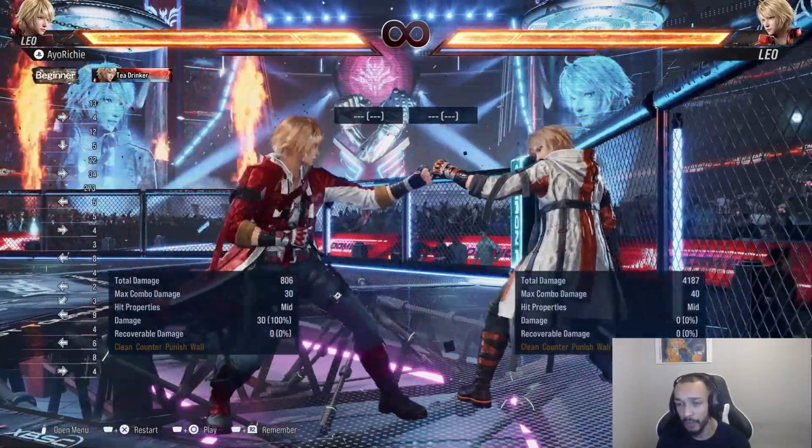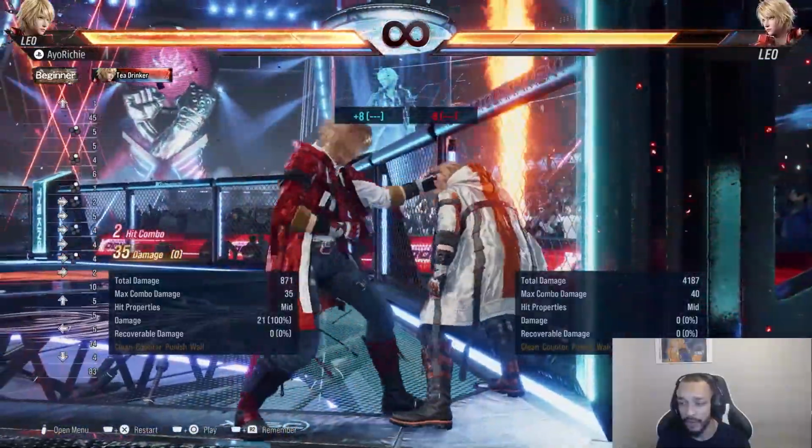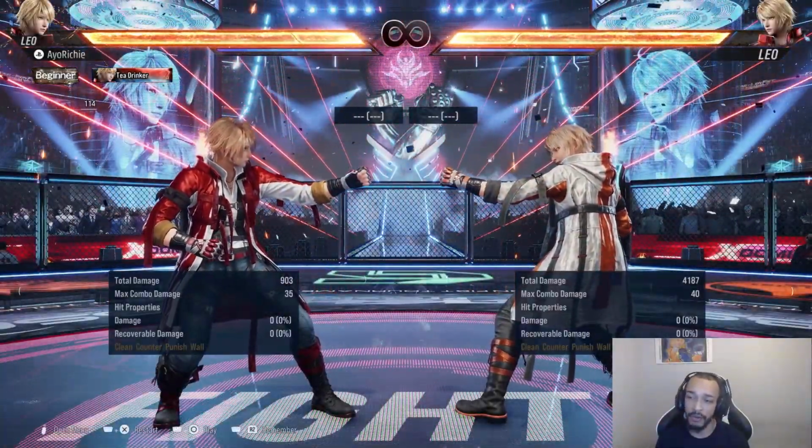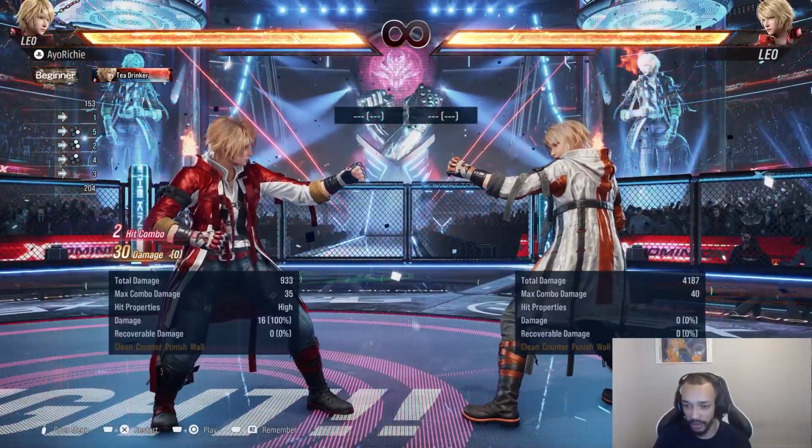Forward 2-4 as a punish. Honestly, obviously we had forward 2-2, 35 damage. Back to 1+2, heat engager. But I think now is definitely the time to start using 4-2-4 as a punish, because the situations after it